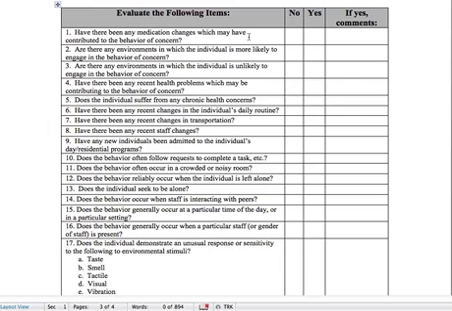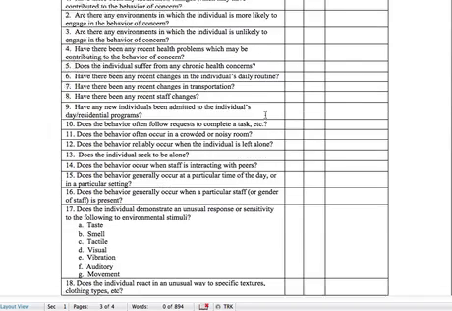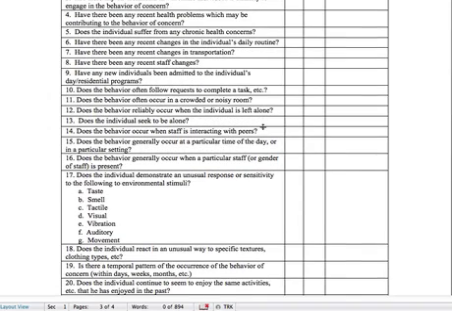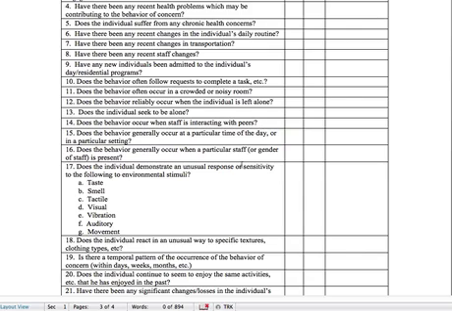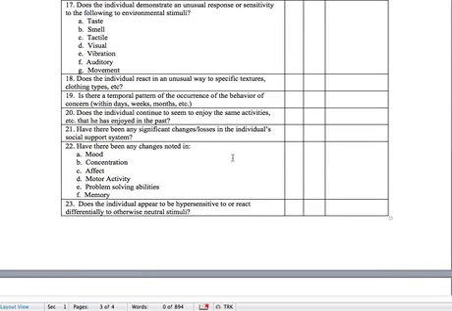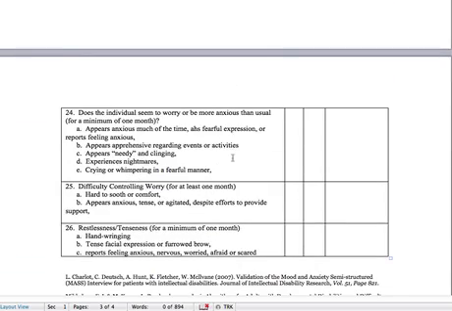So medication changes that could have spiked a behavior, changes in the environment, daily routine, changes in transportation. That's an interesting one. I don't think we've seen that one before. Does the behavior occur in a crowded or noisy room? That was on the functional assessment interview. So you get the point here. Question 17 is a new one, interestingly. Just another category of information that we might be able to use to tease out the particular